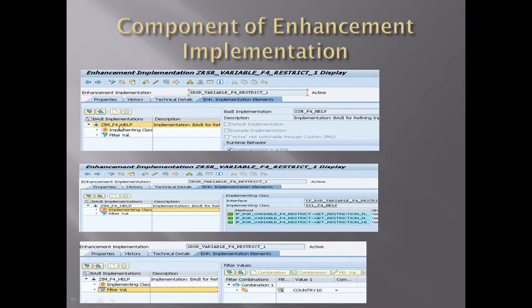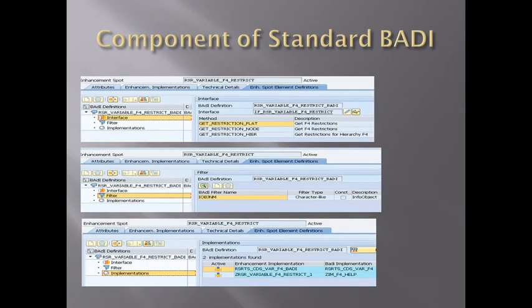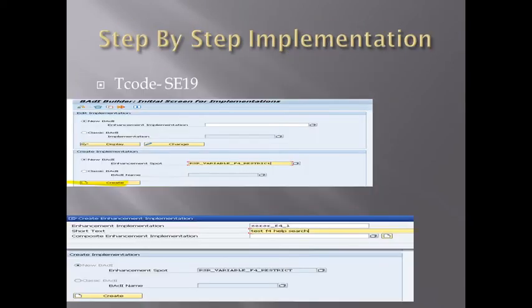This is the BAdI implementation class. In this implementation class, as I told you, all three methods are inherited through the interface. The get restriction flat, node, hierarchy methods, and there is a filter value we can pass here, like country 10, for example, which I have shown you. So this is the overview of this system.